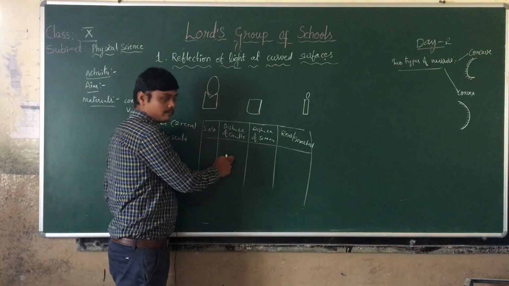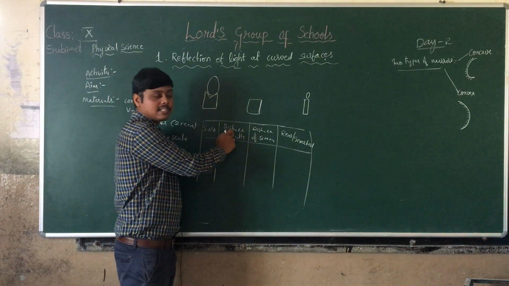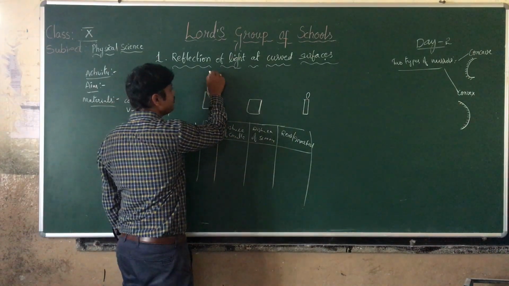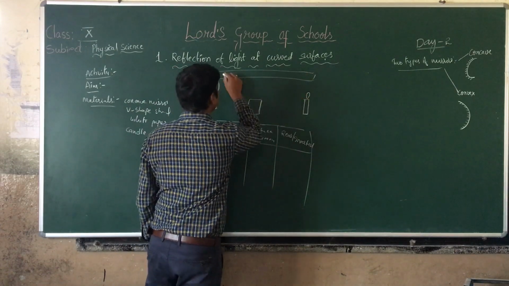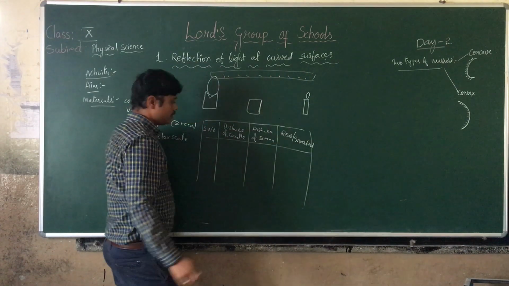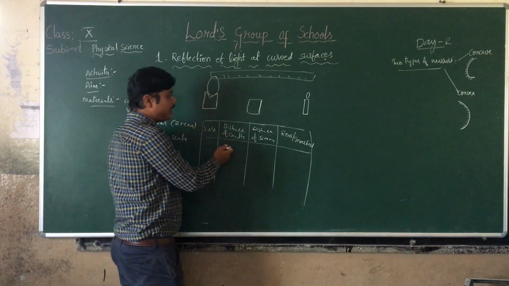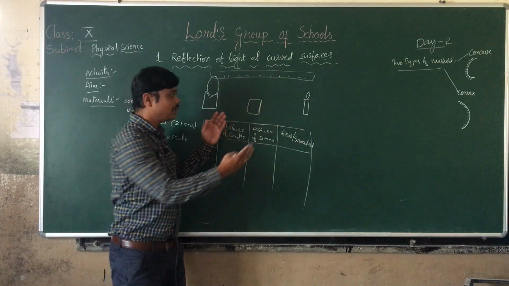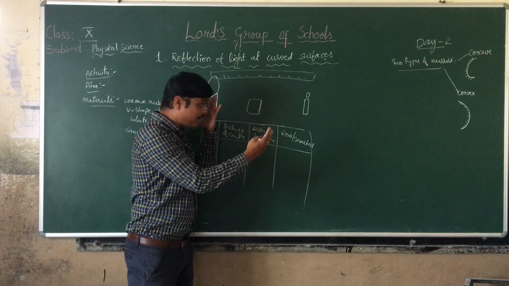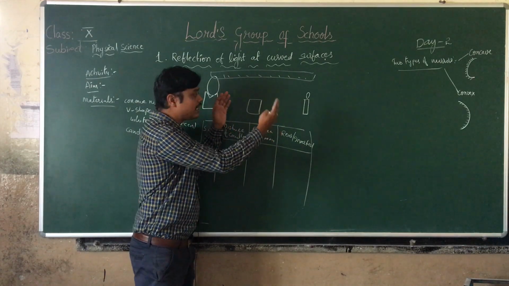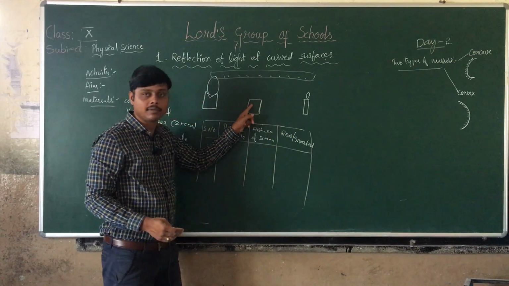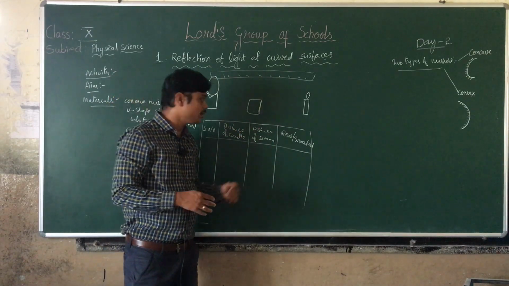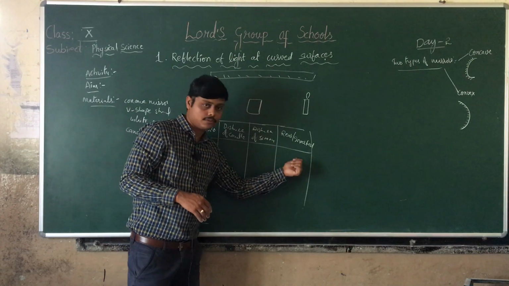So distance of the candle means, always the distance must be measured from where? From the concave mirror. And we can use a meter scale here to find out the distance. So you can note down the distance of the candle and where you are getting the image. Don't think that you immediately get the image; we need to adjust both of them. At all distances you don't get the image. Only at some certain distances do you get the image of the candle on the paper. Just note down at what distances we are getting different kinds of images on the screen.